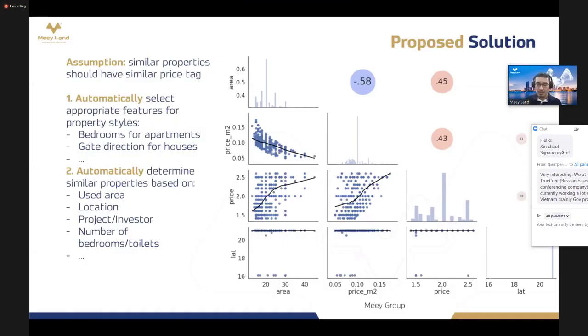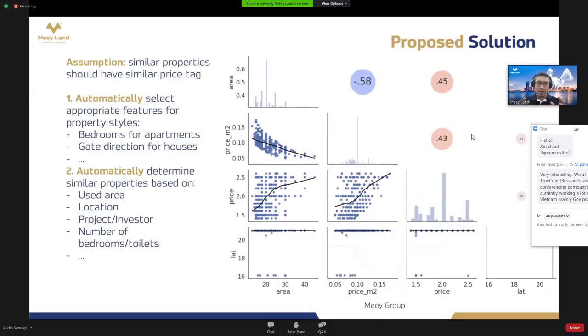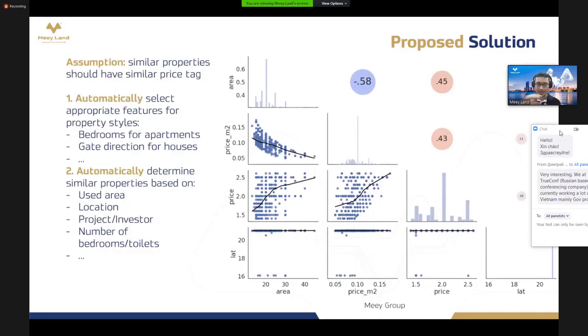So let's say you want to estimate the price of a property, and you give information like the location is in Hanoi, the area is 50 square meters, it has 4 floors, something like that. The machine will try to find, let's say, 100 similar properties around that area, and then it plots the histogram, and based on that histogram, you can have a really good estimation of the price for that kind of